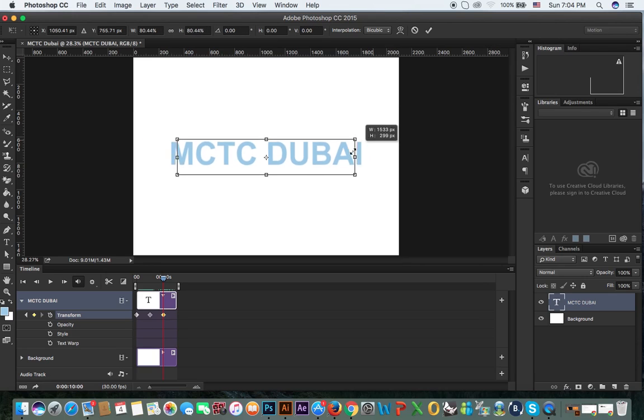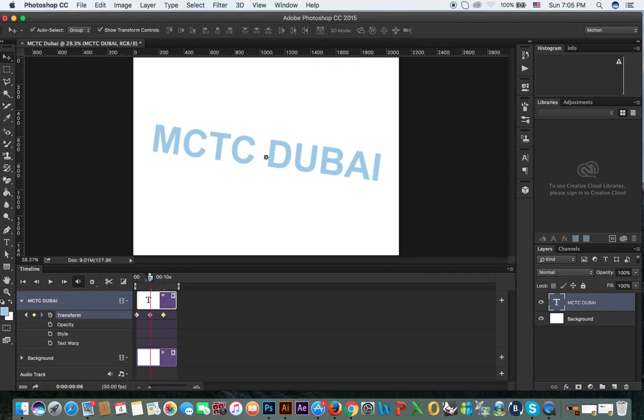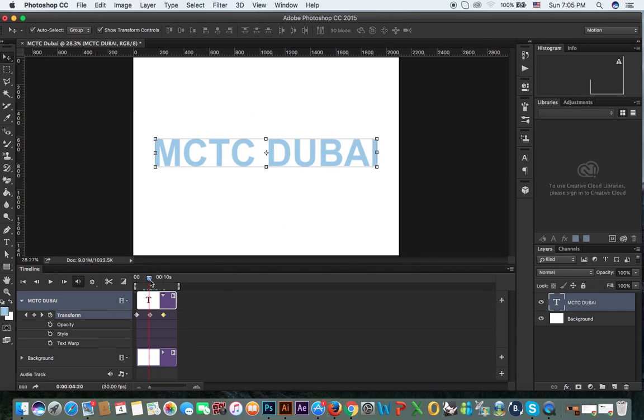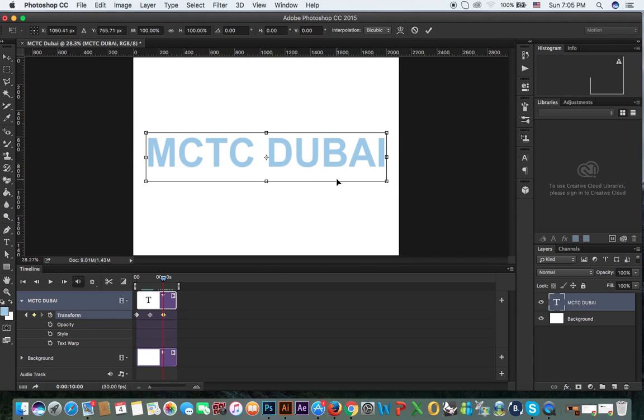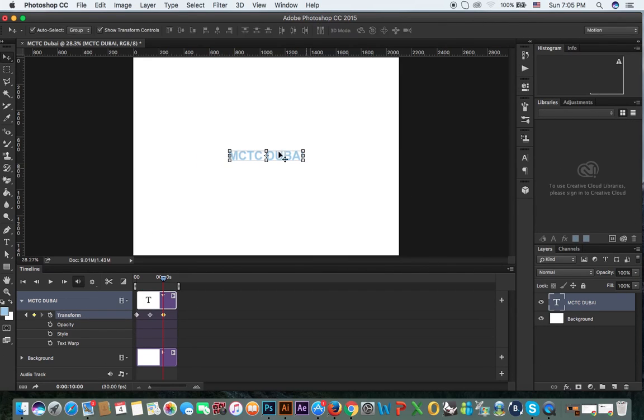Then change the size, also in pixels you can see, as much as you want to change the size. That's it. Like this. Now if you play it,